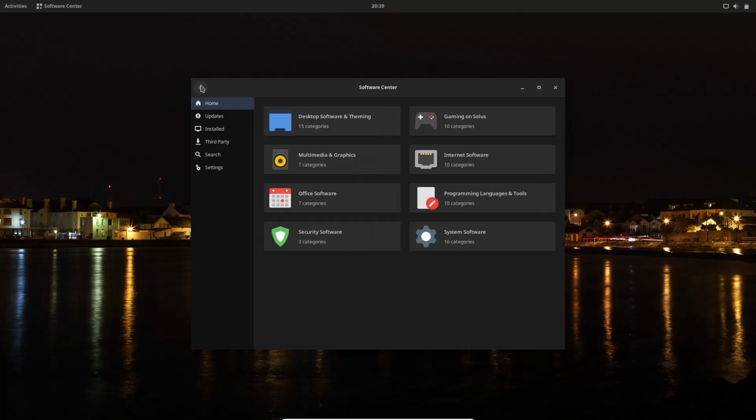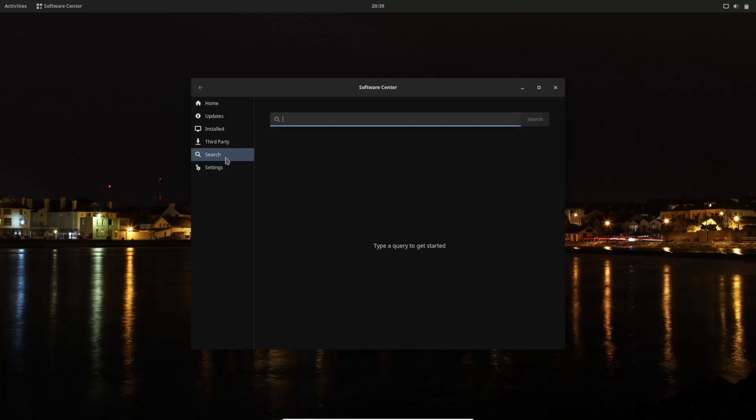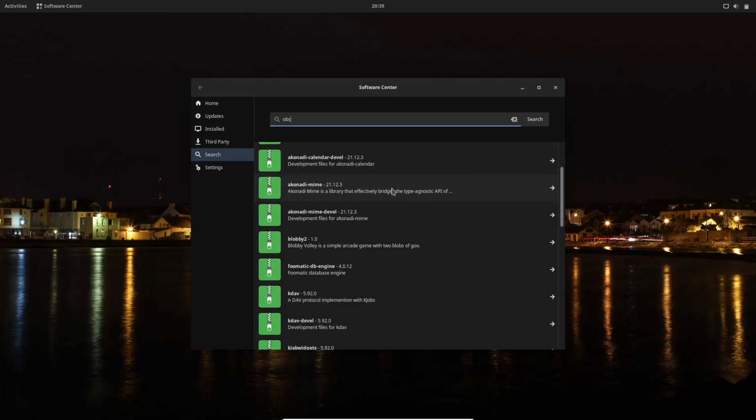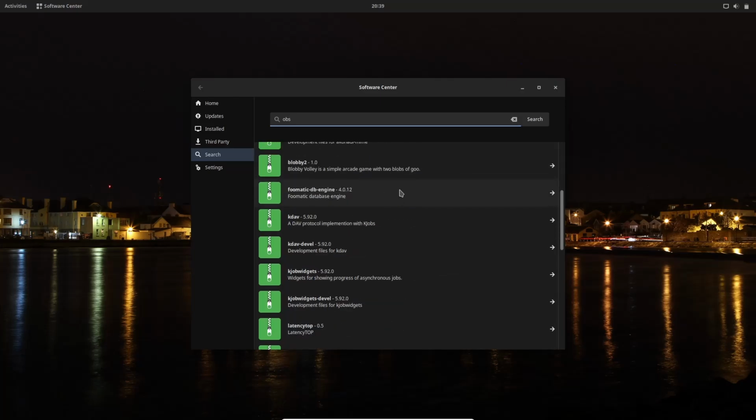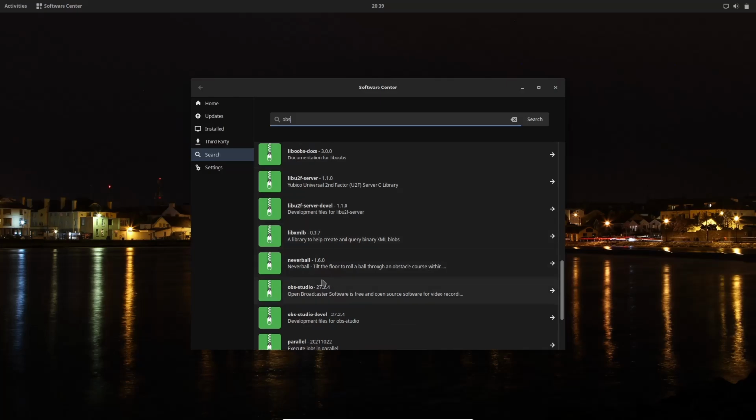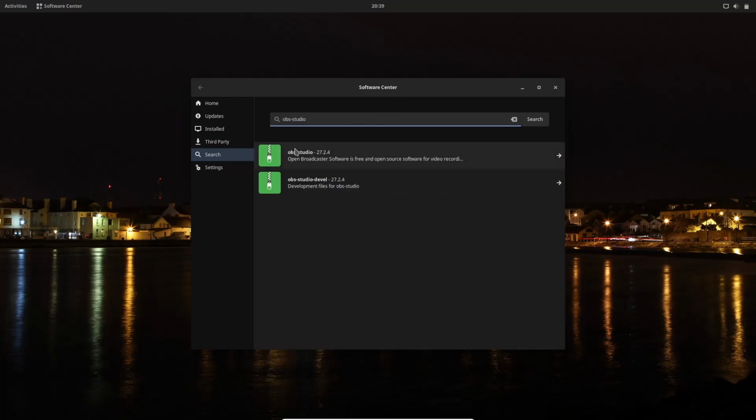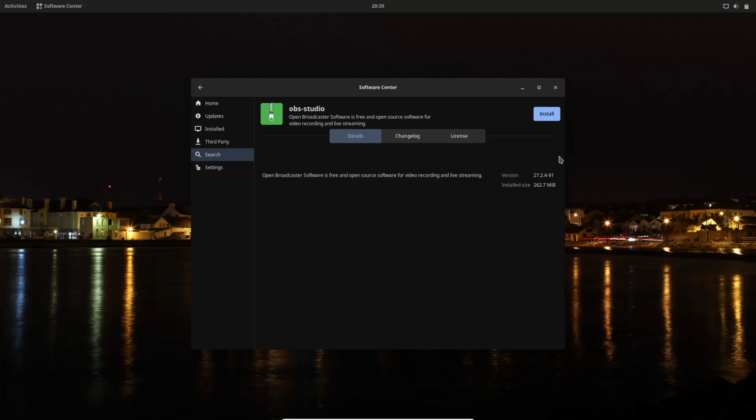Let's see. Let's go over here, and let's see if we can do a search for OBS. And we will do a search for OBS. And it didn't pull it up to the top. Let's scroll down and see if it actually shows on the search. And there it is, OBS Studio. Now I'm wondering if you actually went in and put OBS Studio, if it would give you a better, there you go. See, that was on me. If I would have put OBS Studio, it would have popped right up top and you'd have been good to go. Then you just click on the little arrow.